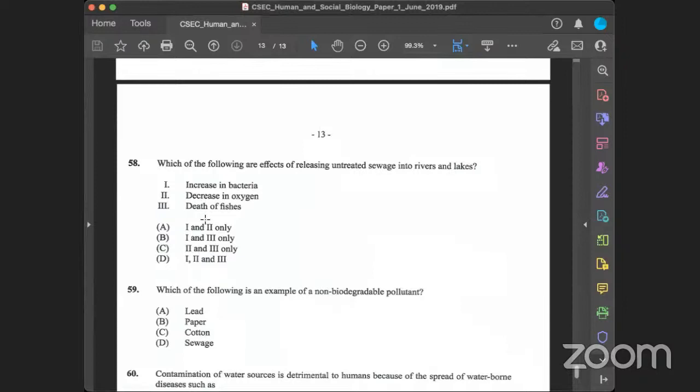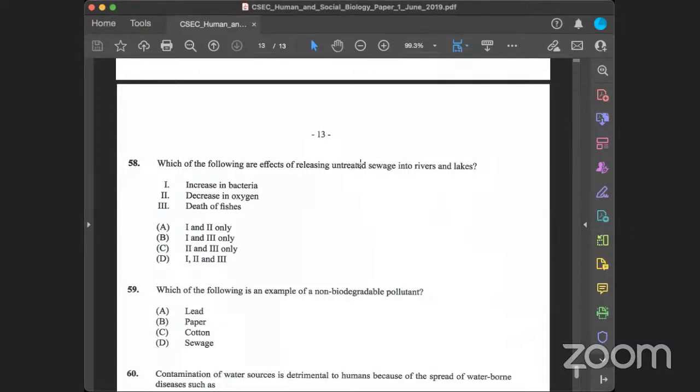Good. Are we reading it now? Are we waiting on them to join to read? Which of the following are effects of releasing untreated sewage into rivers and lakes? A, increase in bacteria. B, decrease in oxygen. C, death of fishes. Sir, 1 and 2. All right, so the untreated sewage,